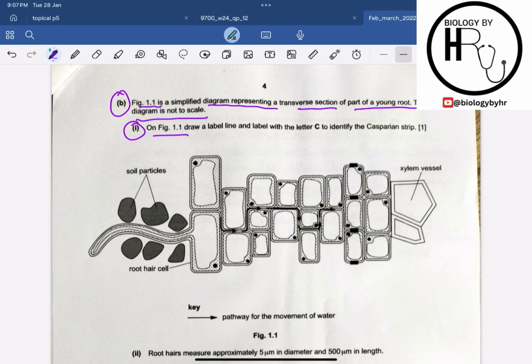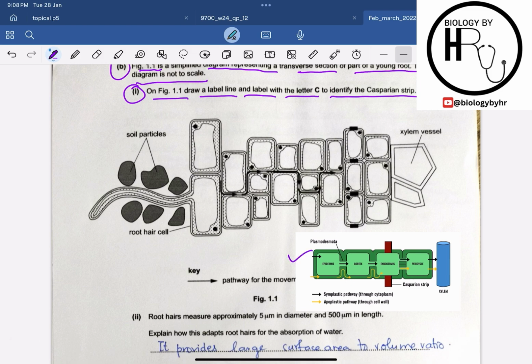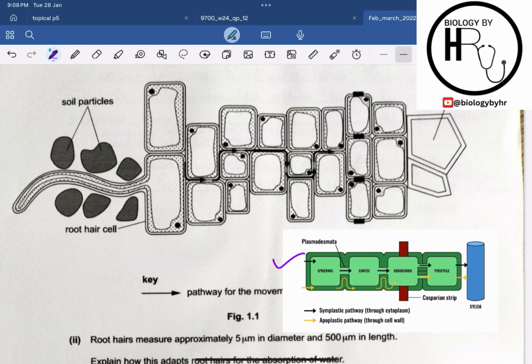Part 1 is saying on figure 1.1 draw a label line and label with the letter C to identify the Casparian strip. Alright, so basically I have attached this diagram from the internet over here, which is showing that after the root hair cells comes the epidermis cells, then comes the cortex cells, which are the root cortex cells, then come the endodermis, which contains the Casparian strip, which is basically a waxy strip which prevents the passage of water through the